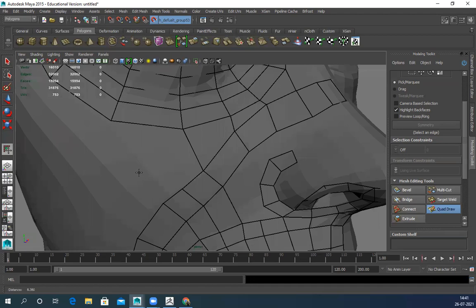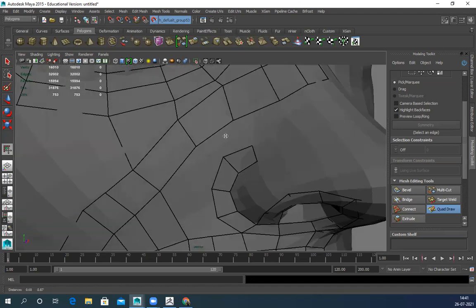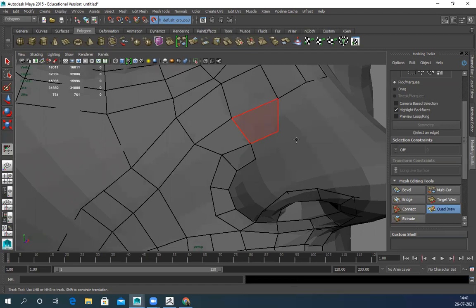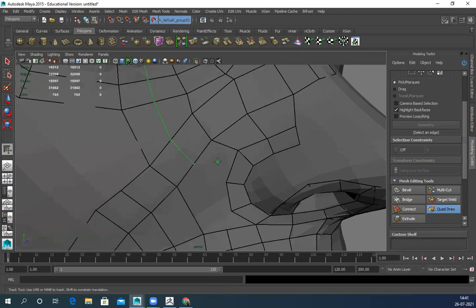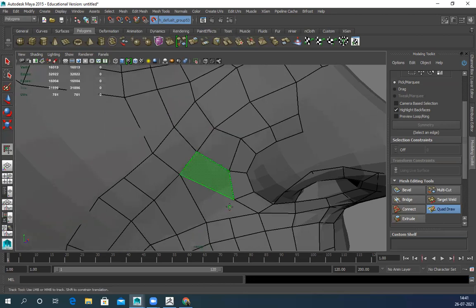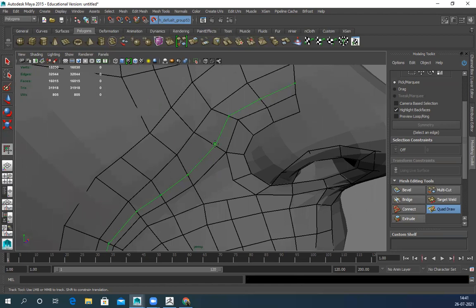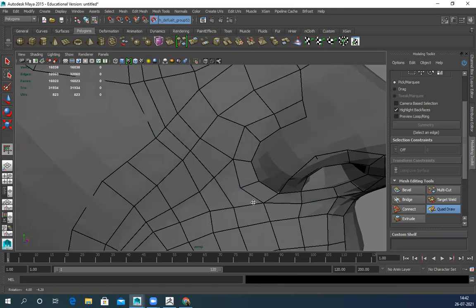I need this line to continue like this. There's a triangle, so I cannot have a triangle. Still a triangle.